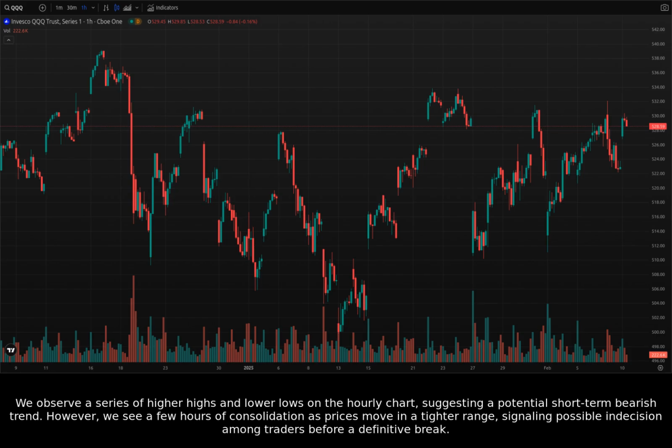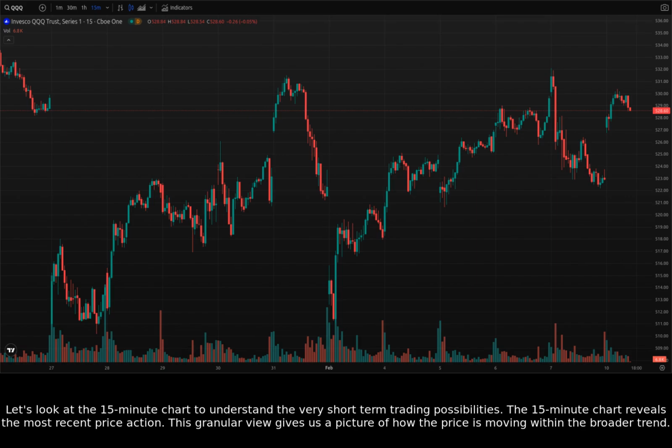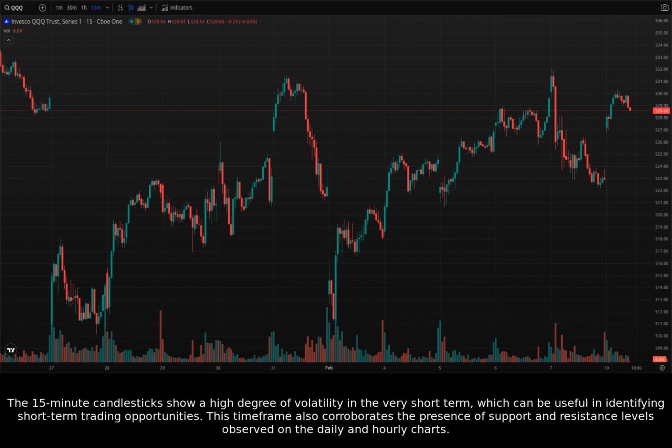before a definitive break. Let's look at the 15-minute chart to understand the very short-term trading possibilities. The 15-minute chart reveals the most recent price action. This granular view gives us a picture of how the price is moving within the broader trend. The 15-minute candlesticks show a high degree of volatility in the very short term, which can be useful in identifying short-term trading opportunities. This time frame also corroborates the presence of support and resistance levels observed on the daily and